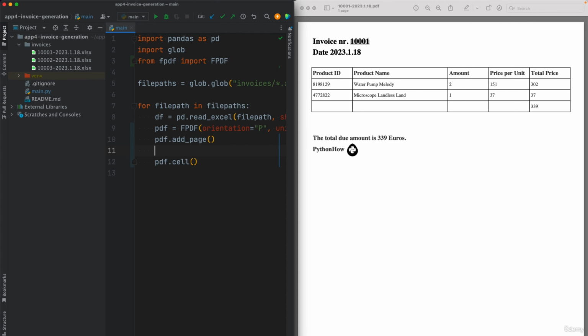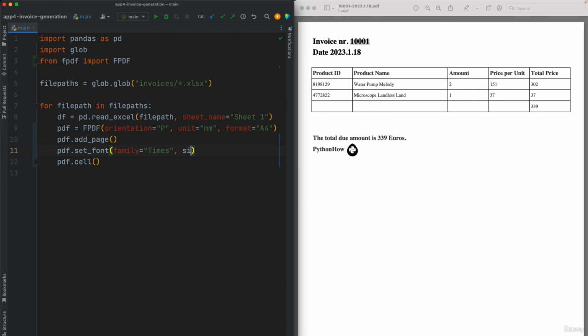method. But before that, we set the font, let's say Family Times. Size is equal to 16. You can play around with that value if you like, but 16 should be good. Style B for bold, so that's bold text. And then the cell of that will be, let's give it a width of 50, a height of 8. So we're talking about this cell, and txt will be